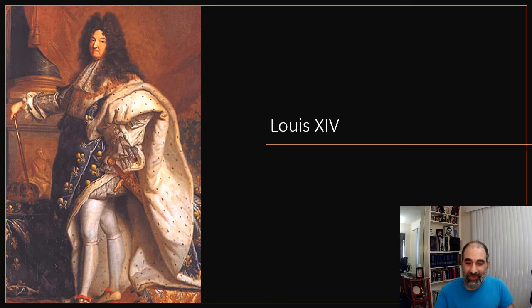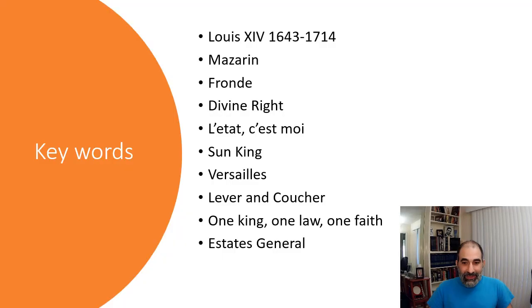And so let's start with our slide here and talk about Louis XIV. Just remember this image of him as well, because just look at the dress, very grand and big and everything. But we'll get into some of this as we move forward. All right, so these are key words, and we're going to go through all of this. And what I really want to focus on is that these are all going to be really good examples of what pure absolutism is all about.